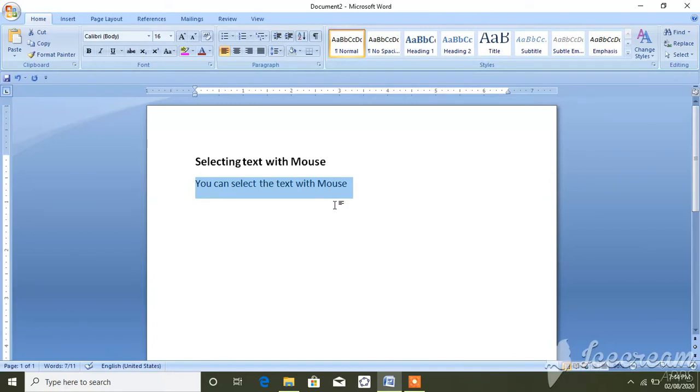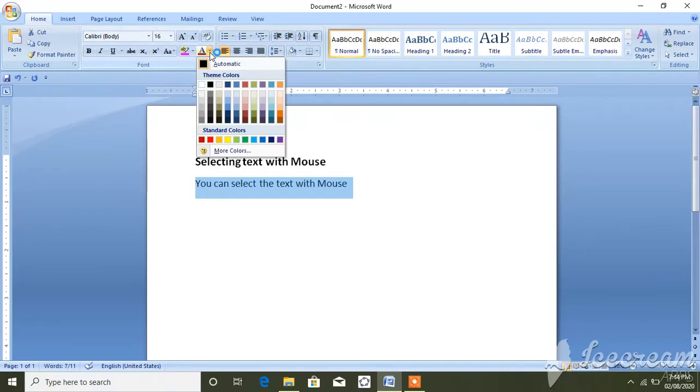Why are we selecting this text and word? Okay, if you want to do some changes, if you want to make it bold, if you want to make it italic, if you want to change the color, then this selection is required. See, I will show you one thing. Drag the mouse over that sentence and change the color of the text.